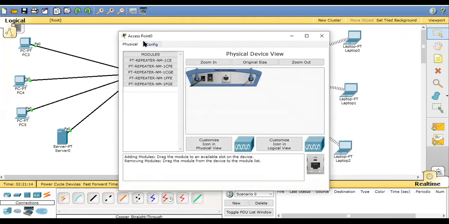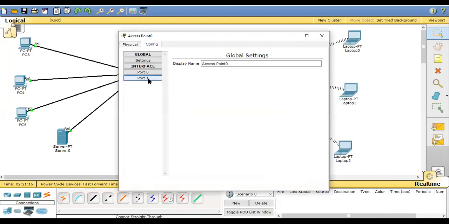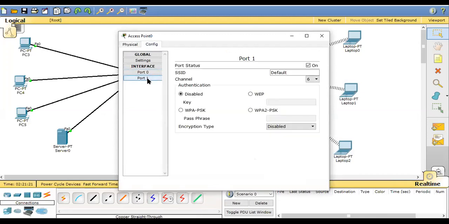Just go to the access point config mode, port 1, because port 0 is connected to the switch. Go to port 1 because this is your wireless port. See here you have the options WEP and WPA PSK2. This is our option. We have to use AES as the security. You have multiple options, AES and TKIP, but we will use AES.